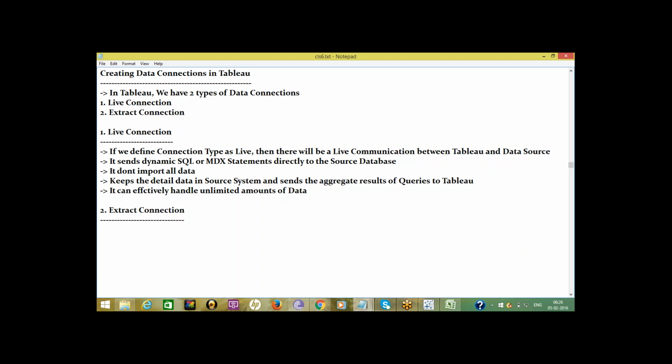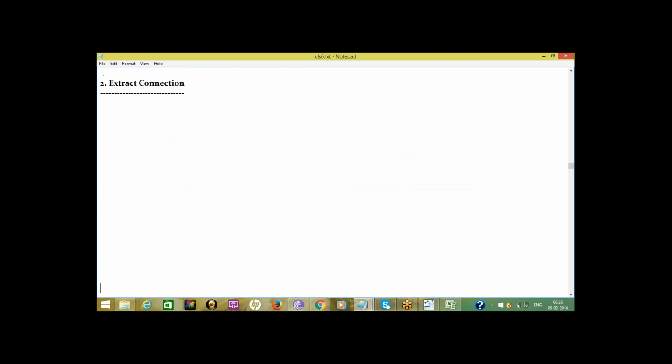The Tableau data engine reads data from the snapshot and it creates a local copy of the data source in the form of a TDE file, Tableau data extract file, which gets stored in the data sources folder of the Tableau repository. The extract, or we can say import connection.